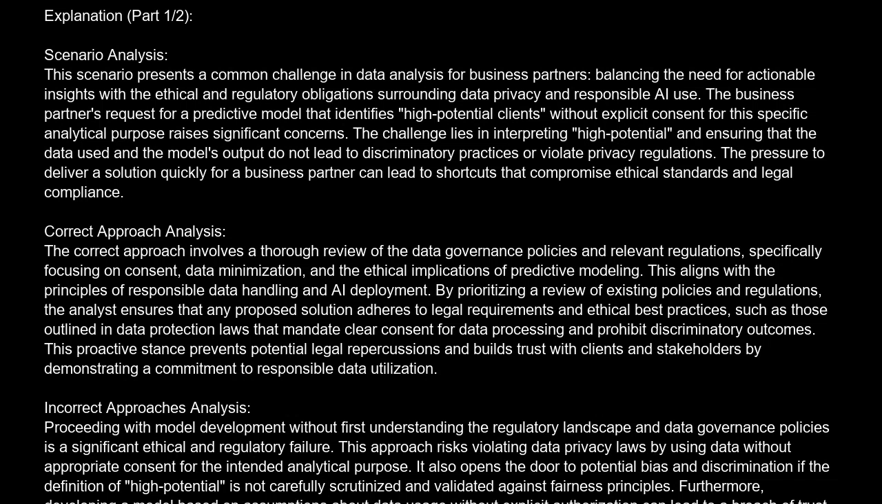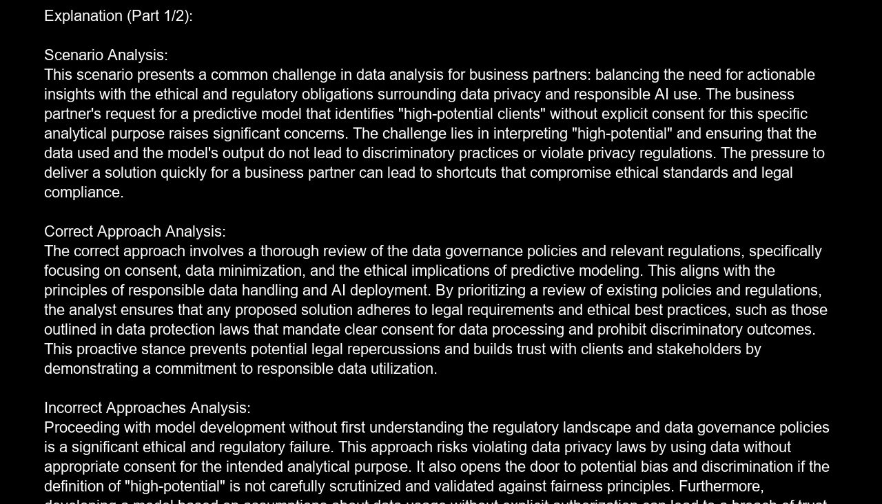The correct answer is A. Immediately begin building a predictive model using all available customer data to identify patterns indicative of high potential. Explanation. Scenario analysis. This scenario presents a common challenge in data analysis for business partners, balancing the need for actionable